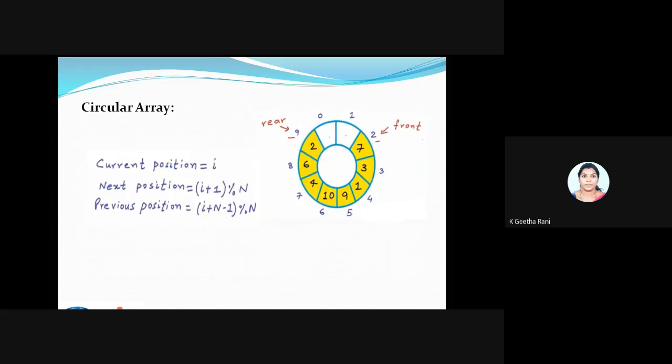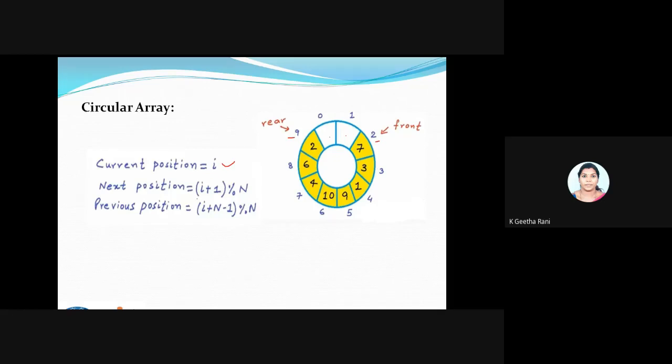Fine. So now, I'll be using an i to have an index. That is my index here. Usually in your normal array, if you want to enqueue the value, I'll just increment the rear. So rear is equal to rear plus 1. If I want to dequeue something, I will just put front is equal to front plus 1. But in circular array,